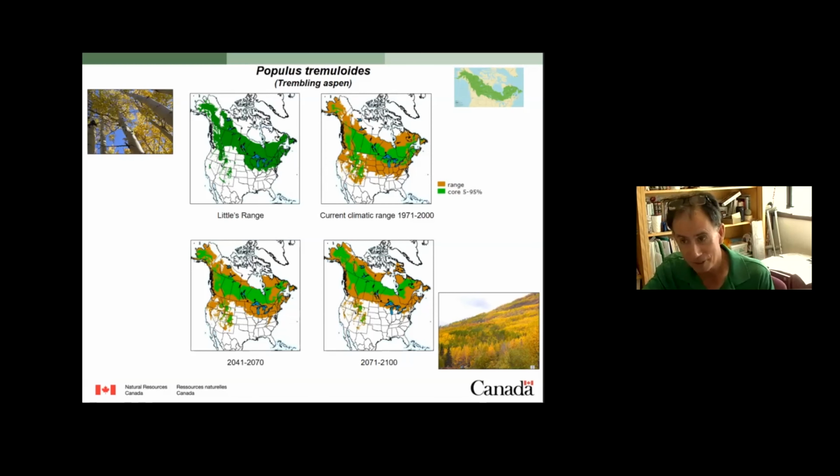disturbing if these models are correct, because I would certainly think it's going to cause incredible stresses to the ecosystems, and also require significant effort to think about how best to adapt and deal with forest management in a way that is climate smart. So that was